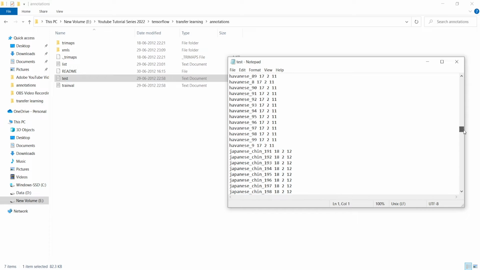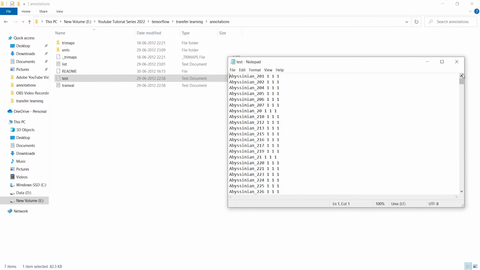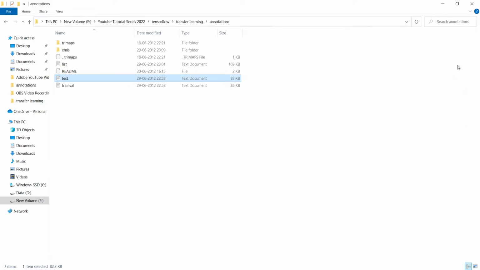You are seeing here 11, 12 and so on, because the original model was trained on the MobileNet architecture, and that model had 1000 classes. So that is why